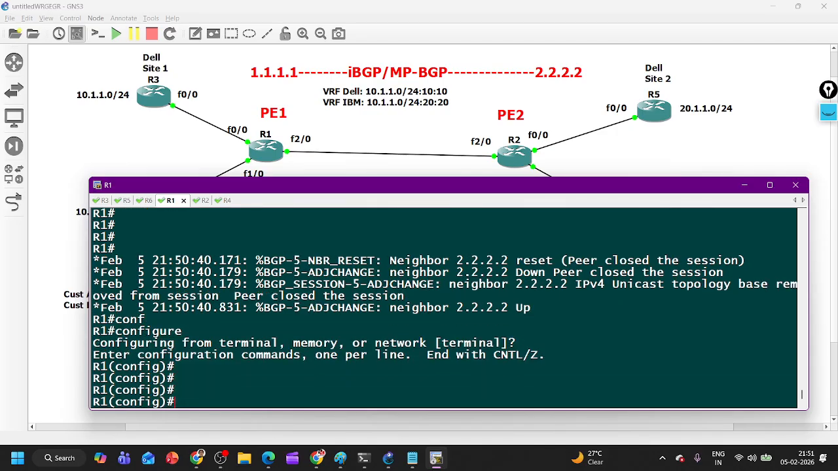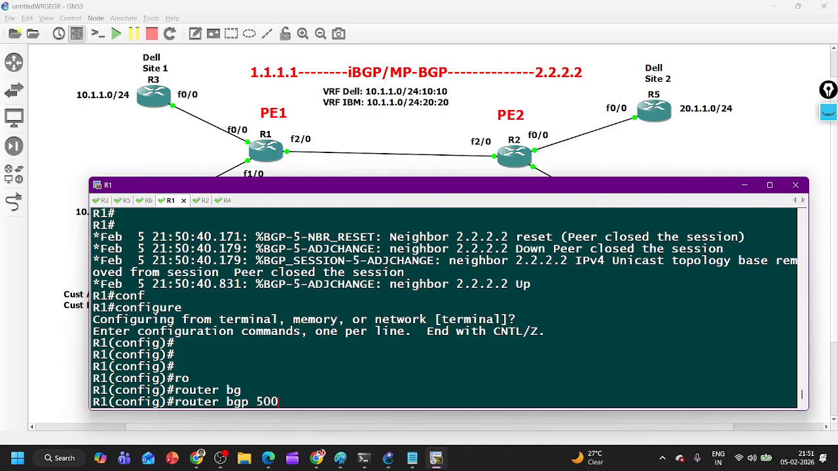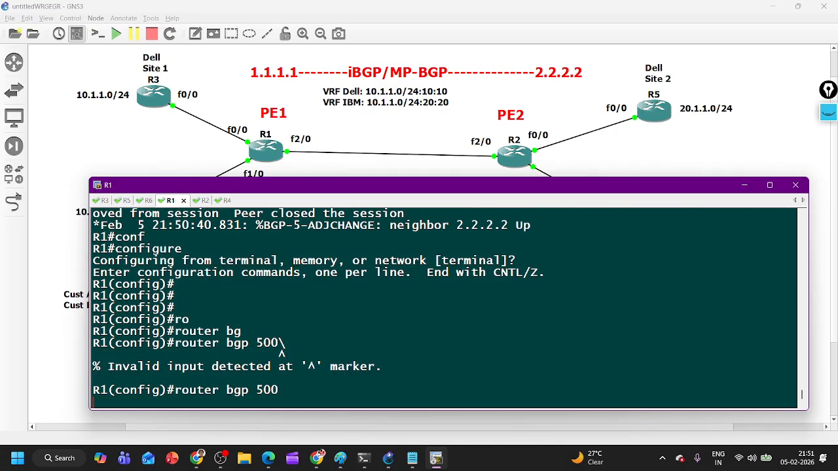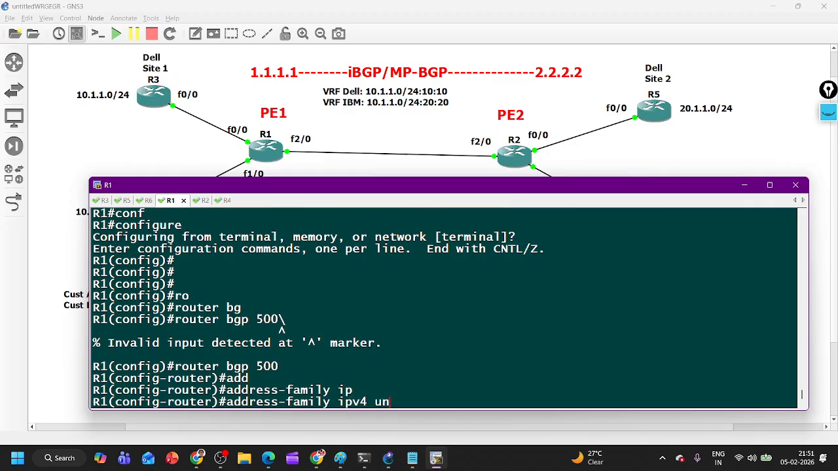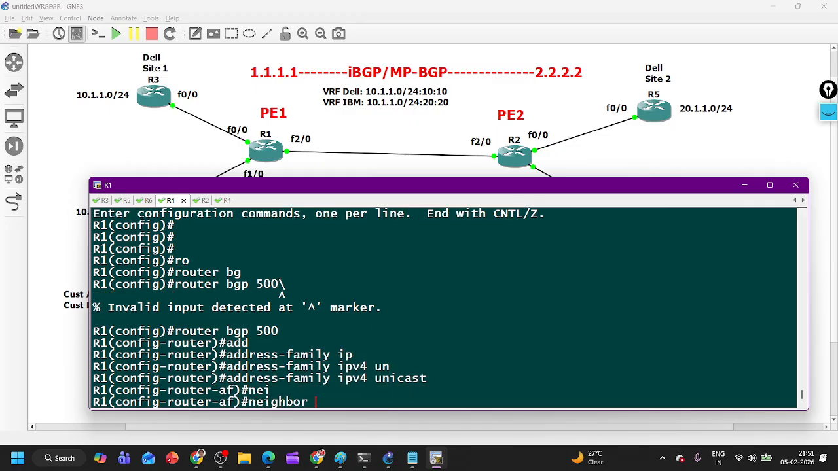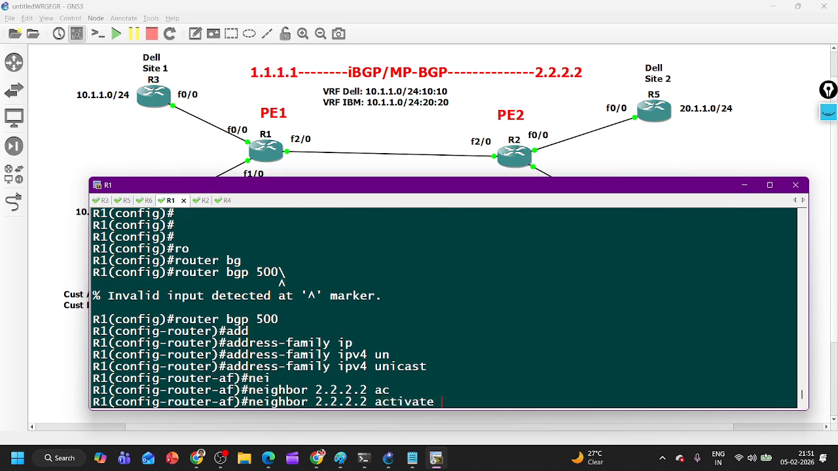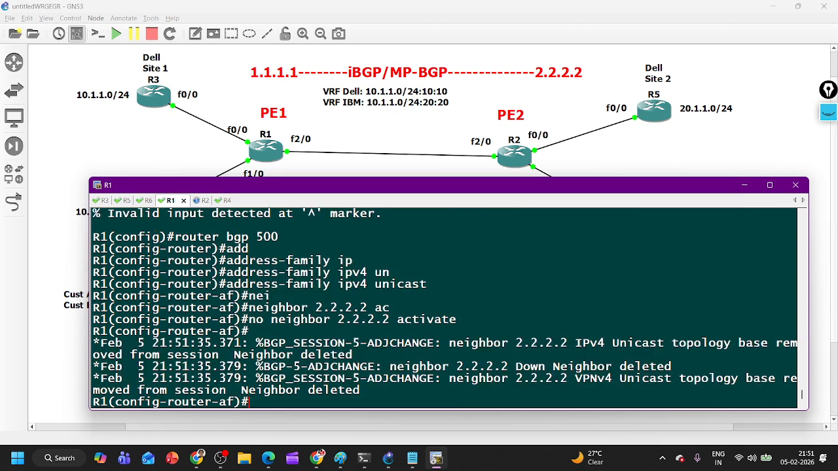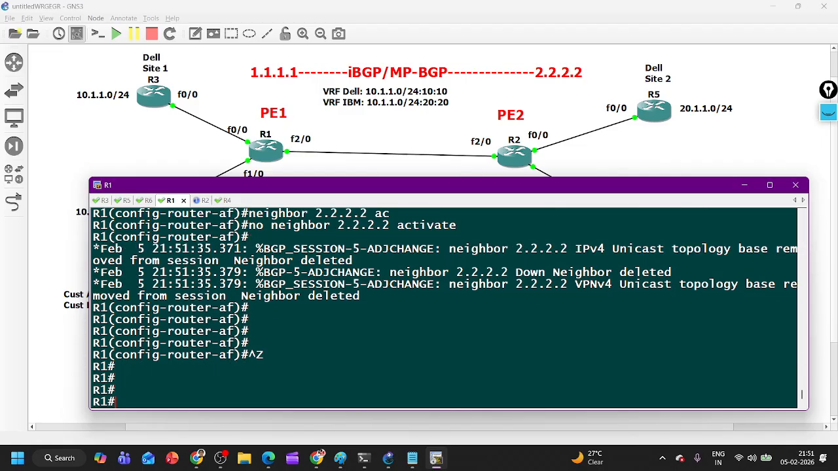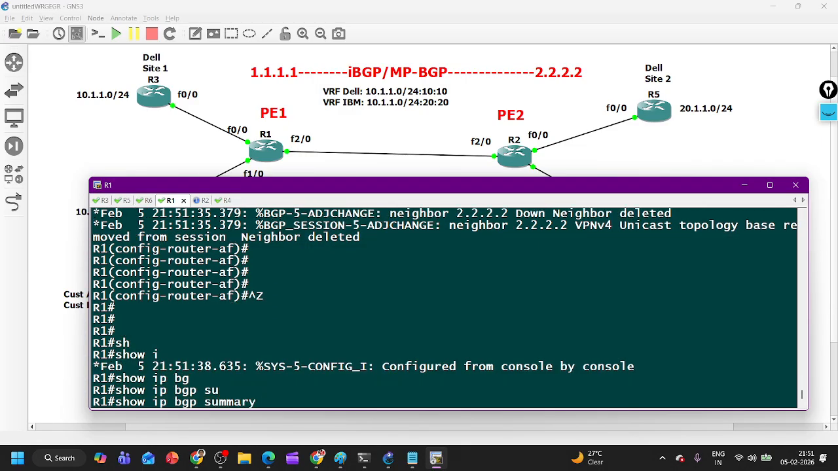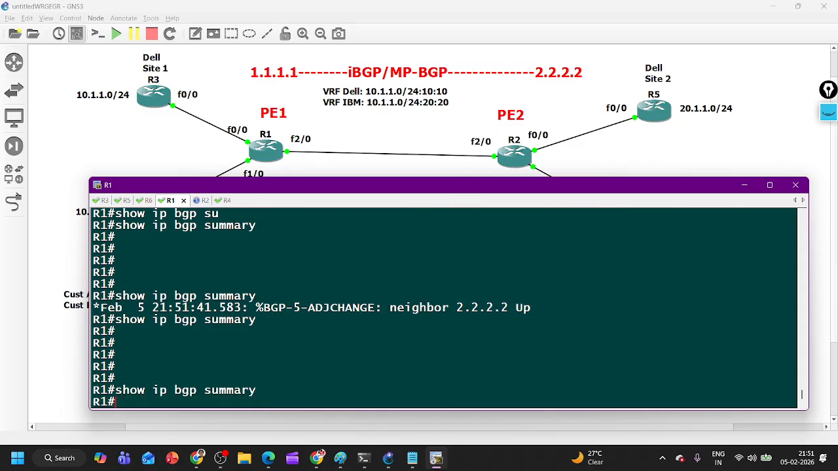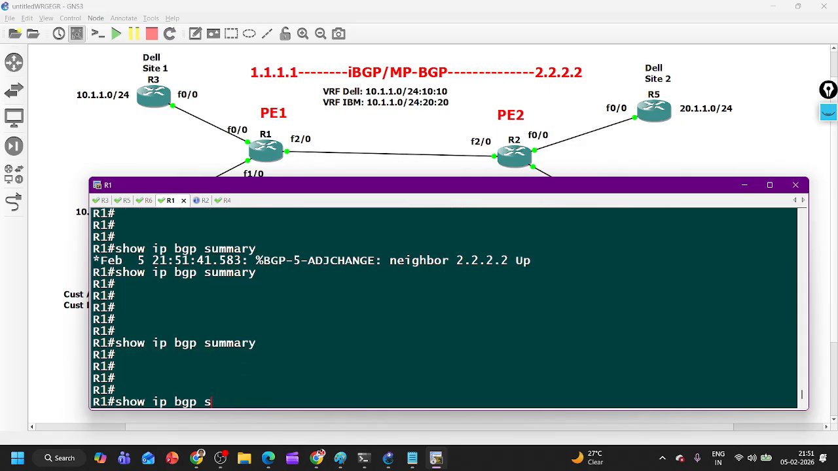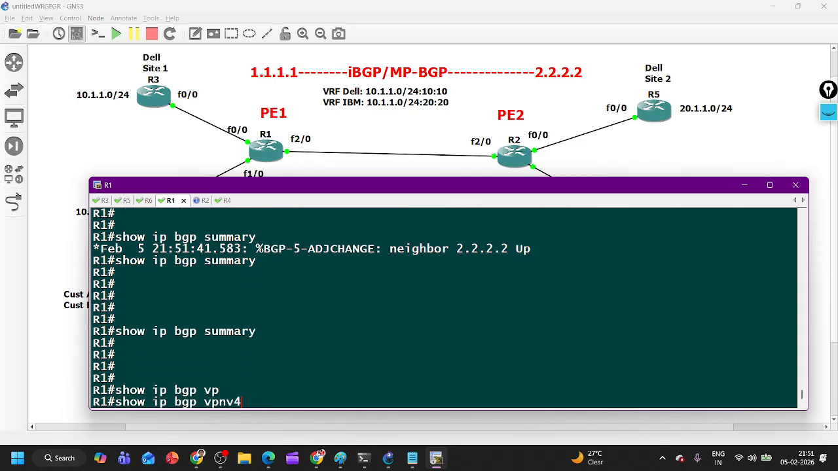Config t, router BGP 500, address family IPv4 unicast and neighbor 2.2.2.2 activate. I can remove this command with no. What will happen? So show IP BGP summary. Now you can see I don't have a BGP session, but show IP BGP VPNv4 all